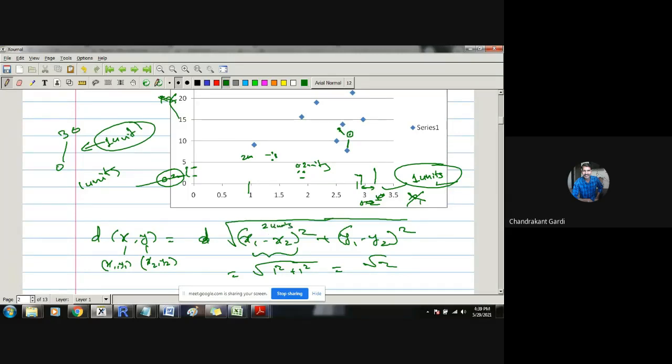Suppose these two observations are near to each other, say 10 and 12. Again this difference is 2, so 10 minus 12 is 2, 2 squared is 4. So this value might be smaller with respect to other values. Other pairs of points may differ from each other by a larger margin, and that is because of the margin on the y-axis. So even if two observations are differing, the way in which they differ is different on both the spaces.